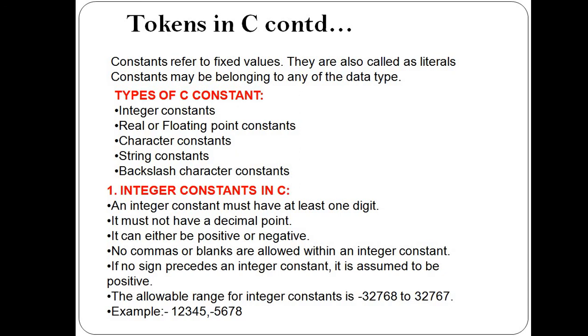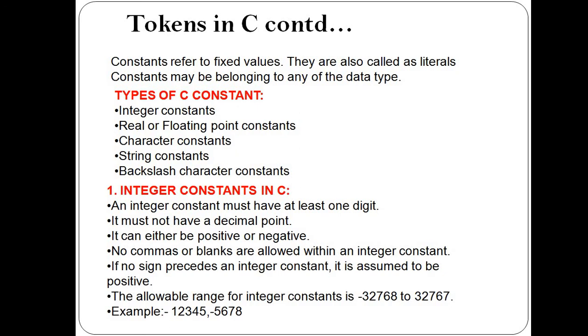So in the C programming language, we can represent constant values in both number format as well as character and string format. In number format, we can represent numbers without the fraction part and numbers with the fraction parts also. And in character format, we can represent a single character as well as a sequence of characters. So what is the first type? Integer constant. Integer means it is a whole number. At least we can represent one digit. An integer constant is not a decimal number, meaning we cannot represent numbers with fractional points. That is called a decimal point. It must not have a decimal point.